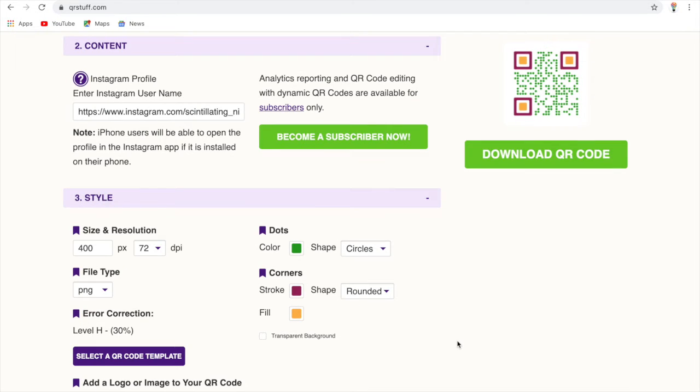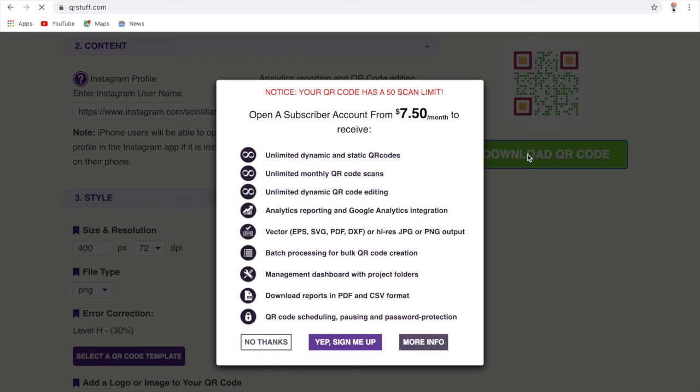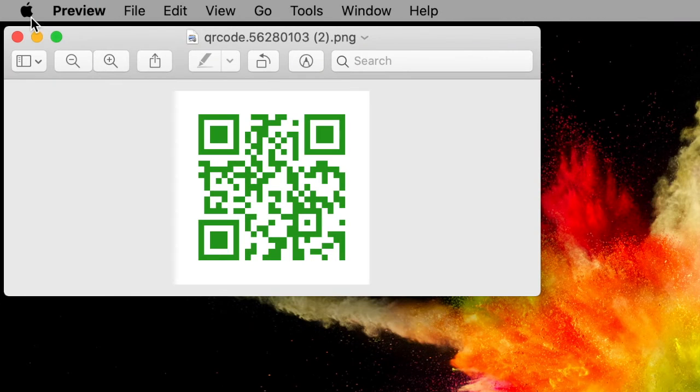Let me show you how it looks after downloading. We will download it from here. See, it has been downloaded. And when I open this up, see, I have only this thing. No other color is here. This is monocolor. Let's go to the other website which will make our QR code color.